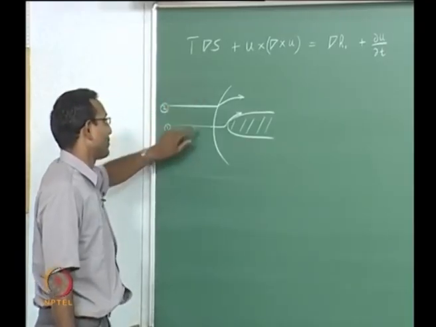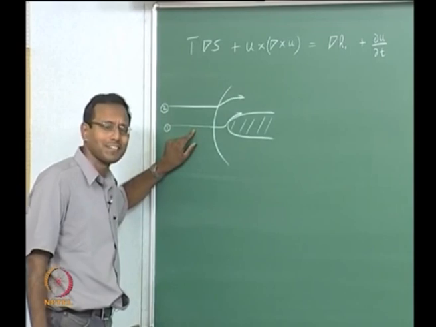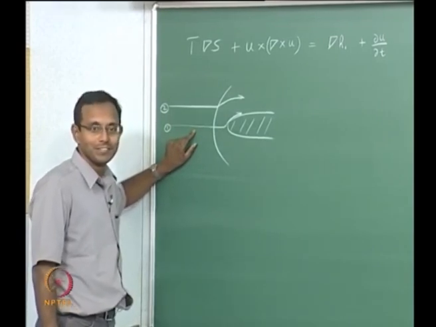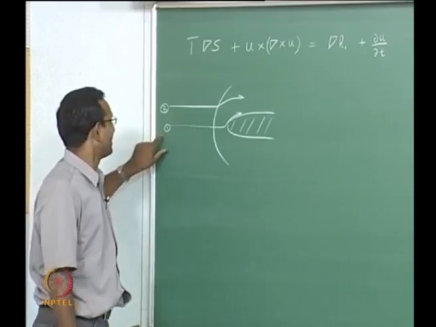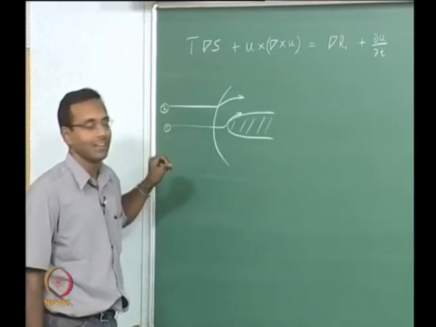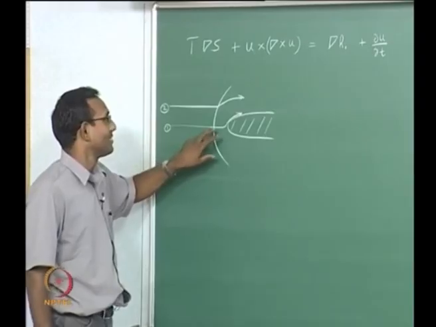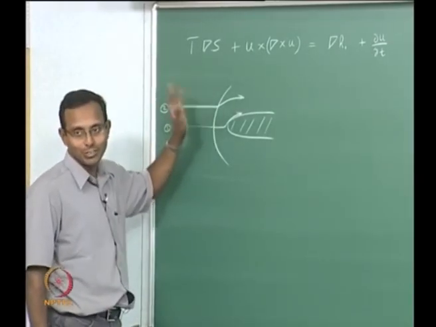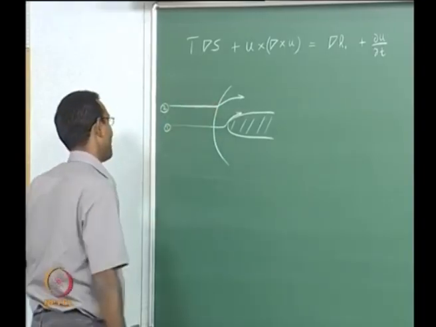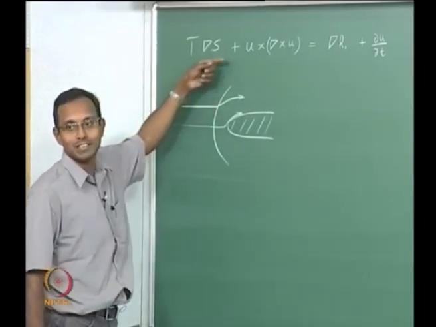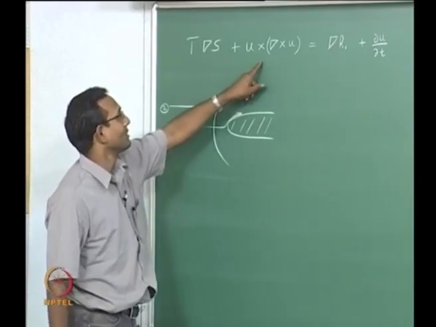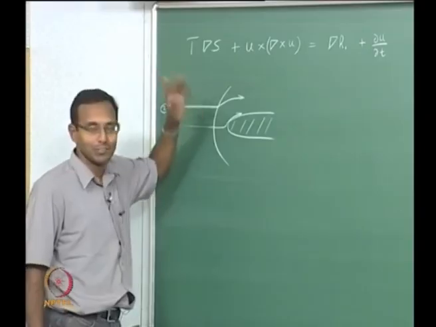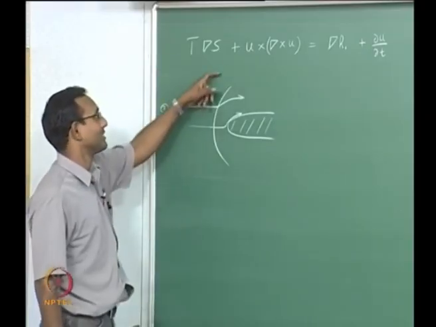but now I can say that entropy on the top layer is different from entropy on this layer. Which one is higher? 1 is higher or 2 is higher? Center line 1 is higher. If 1 is higher, why is 1 higher? This is a normal shock, a very strong shock, while this one is a less strong shock, it is more oblique. As I go away from the center, entropy change will be decreasing lesser and lesser. And when I go far out, somewhere out there, it will become a Mach wave, where entropy does not change at all. That can also happen. So, entropy change decreases as I go there.